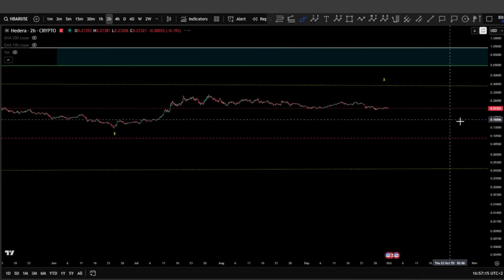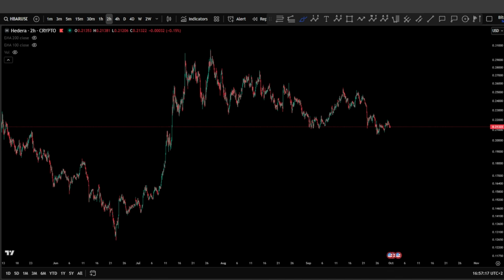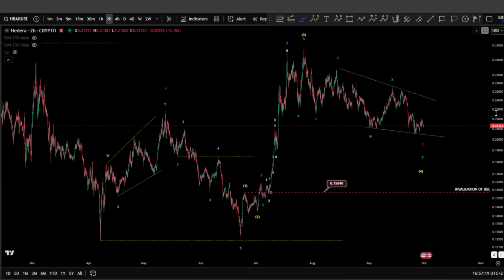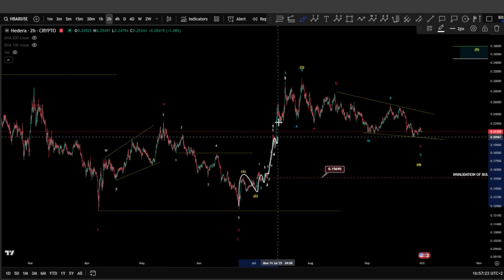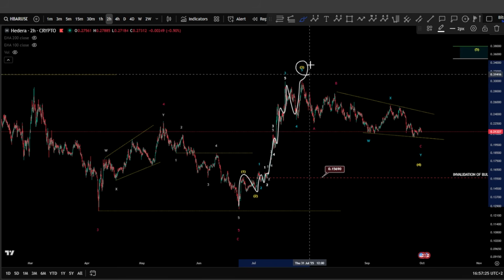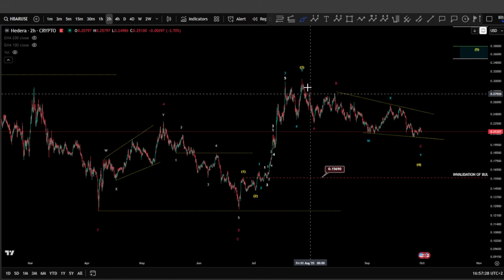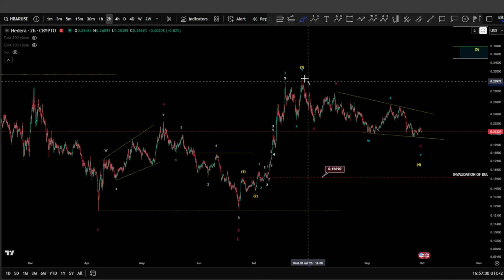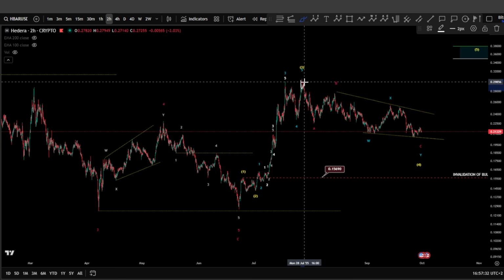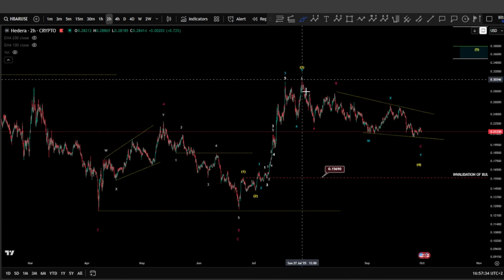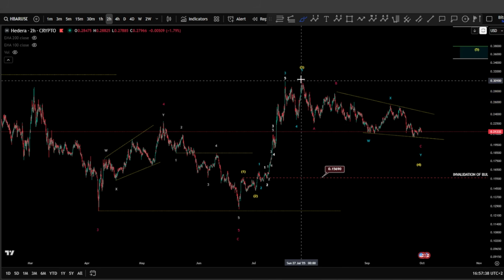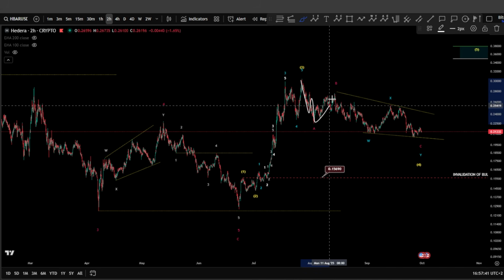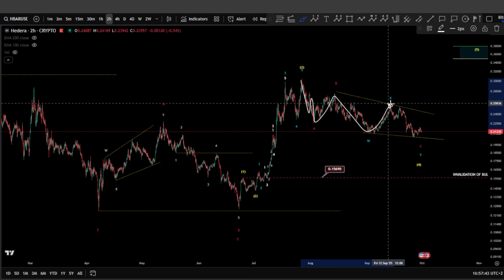So let's dive deeper on the 2 hour chart to see what the situation might be. We have several 1, 2s internally already labeled, and we finished here with a wave 3 in the yellow scenario. We have an impulse, or potentially it can be an impulse, but I see it much more as an ABC, 3 waves downward. Now, if this is an A, B, and a C, you are looking potentially at a wave X, or it can be a wave B.